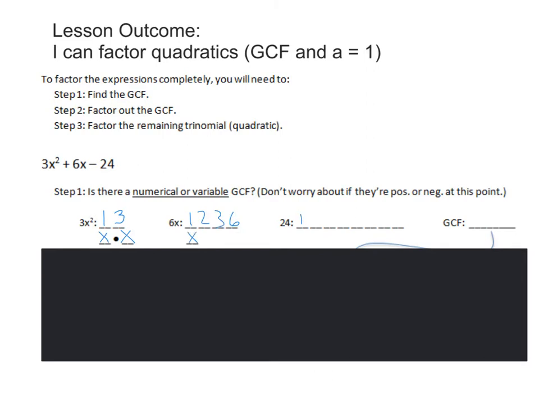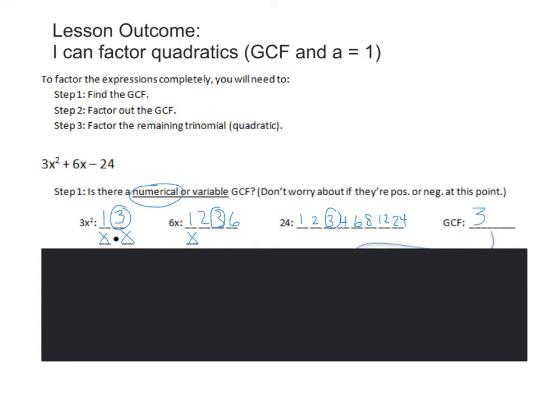24 has a lot of factors. 1 times 24. It's divisible by 2, 2 times 12. It's also divisible by 3, 3 times 8. And then 4 times 6. We look for a greatest common factor that is numerical first, so the number GCF. We have a 3, hopefully you noticed, in every one of these 3 terms, so we can put our 3